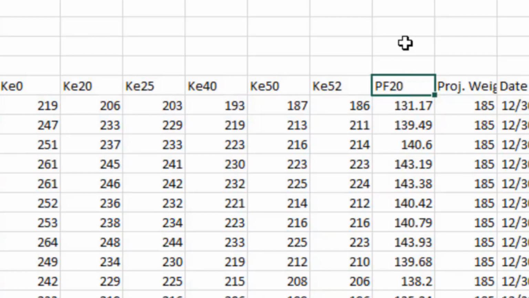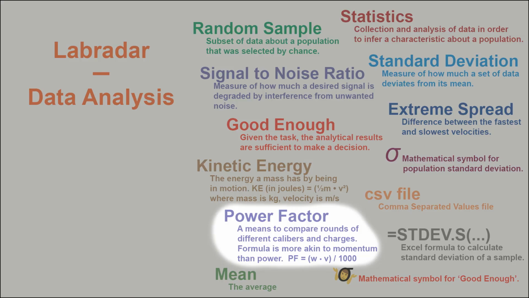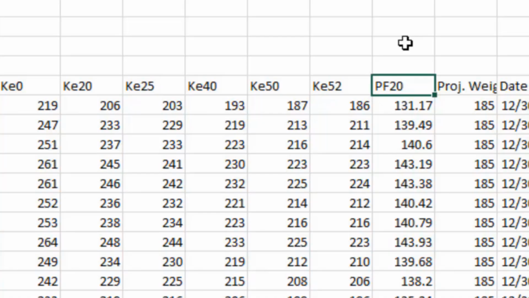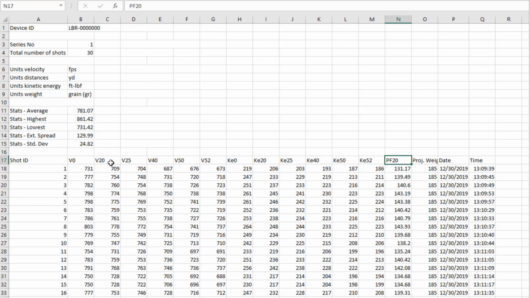This column is power factor. As a reminder, the LabRadar calculates power factor based on the distance you set in DX1, which for me was 20 yards. So this is the power factor for these shots at 20 yards.